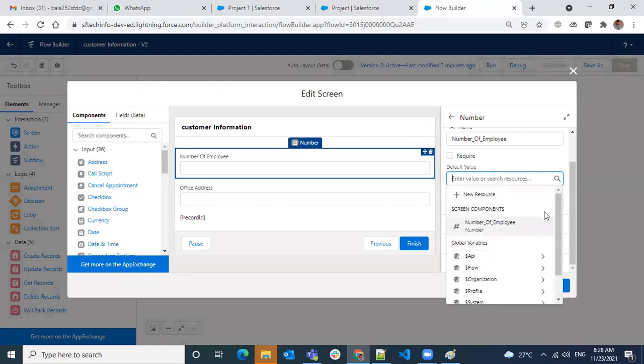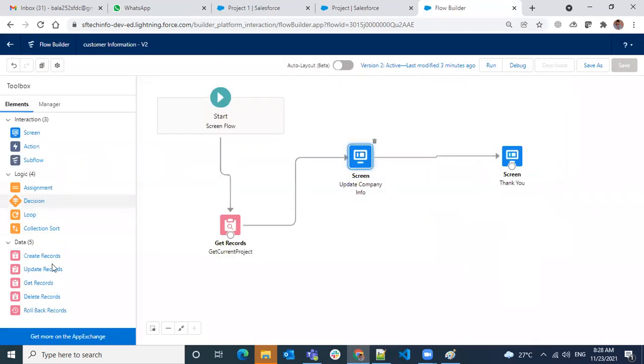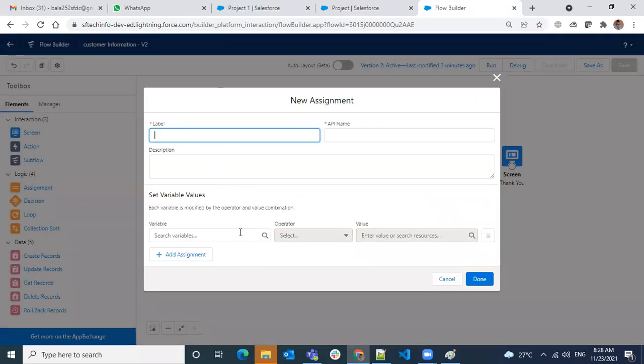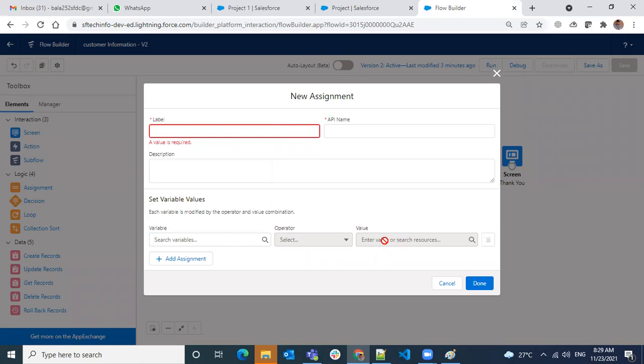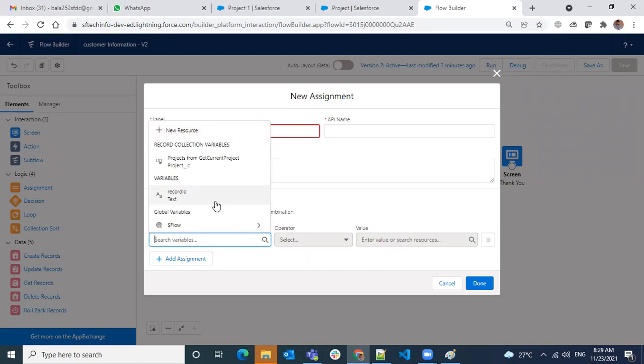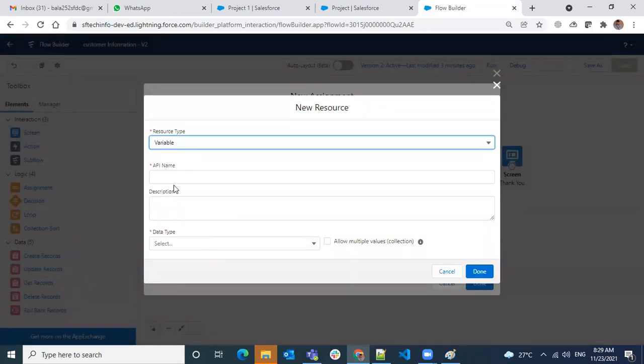number of employees, default value. Okay, so I will do one assignment here. Here I will create a new variable.